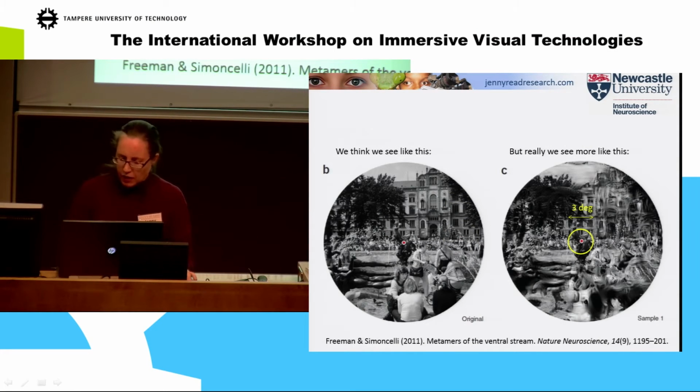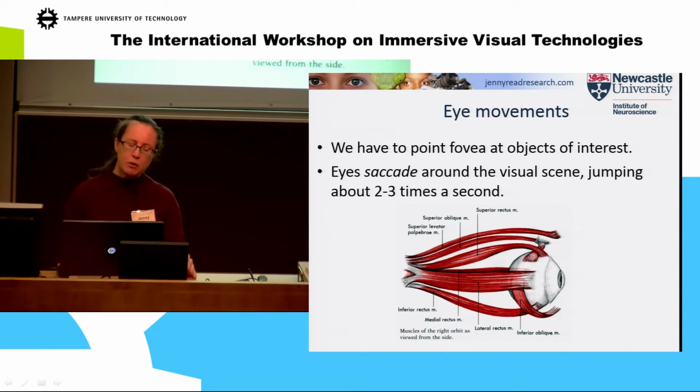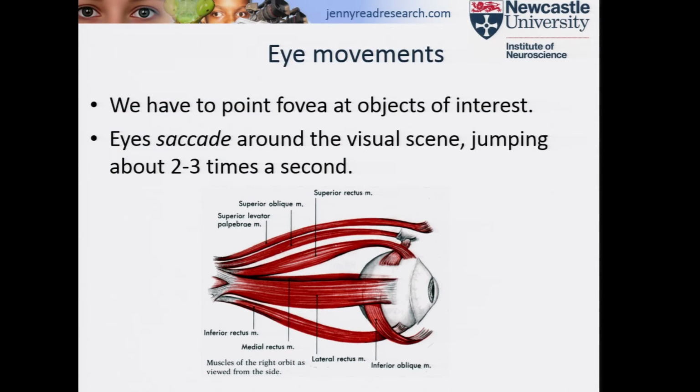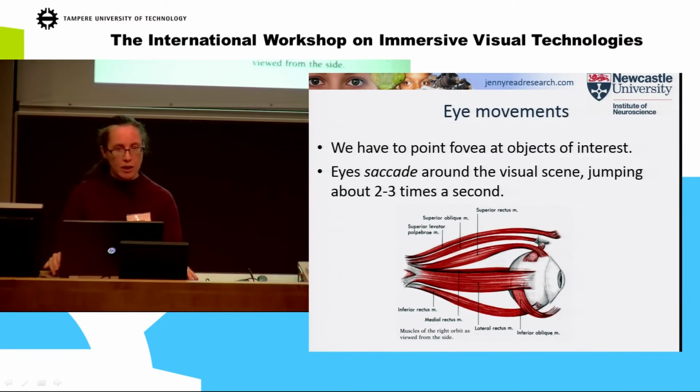So yeah, that's how our brain is representing the visual information on the retina. So the consequence of that is if we want to see something well, we have to point our fovea at what we're interested in. And that's why the lecture theatre looks uniformly sharp to me, because in fact I'm flicking my eyes around it all the time, making these saccades, jumps about 2 to 3 times every second without any